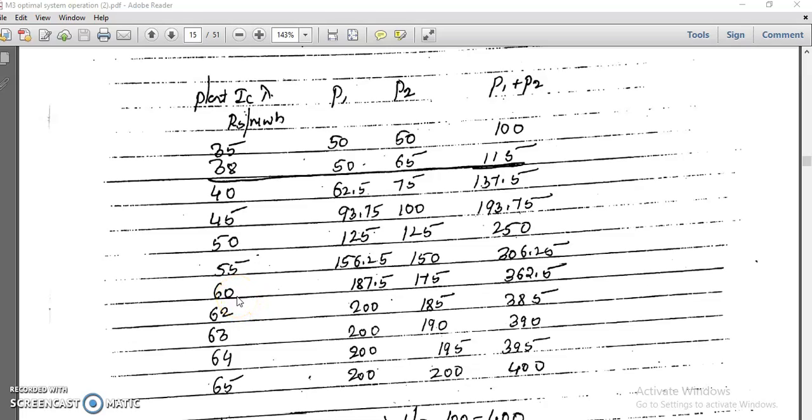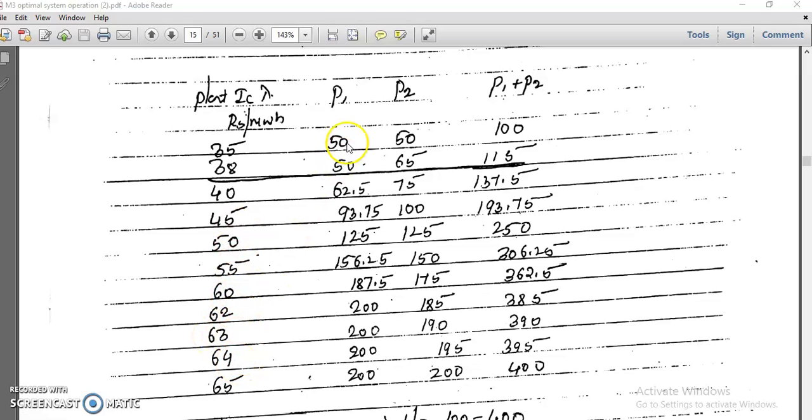In this problem they told some particular value, 115, and you have to find the value. Sometimes they may give something like 385, and for 385 you have to find the value. Sometimes they may give 390, and it is 63; we won't come to know whether it is 63 or 64. So that's why you have to vary slowly.